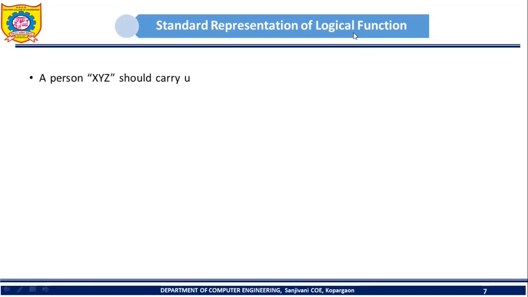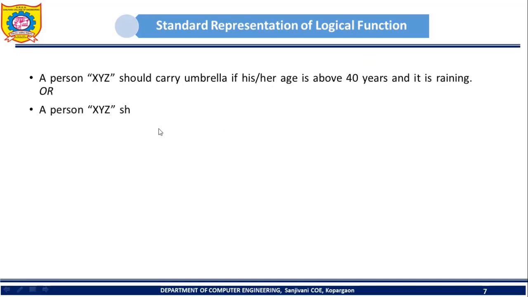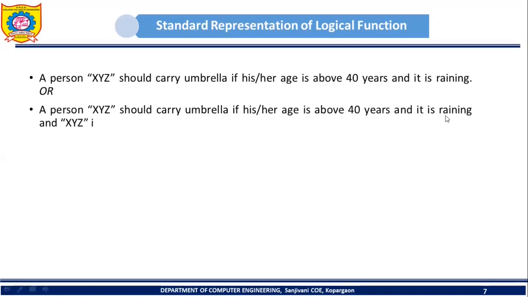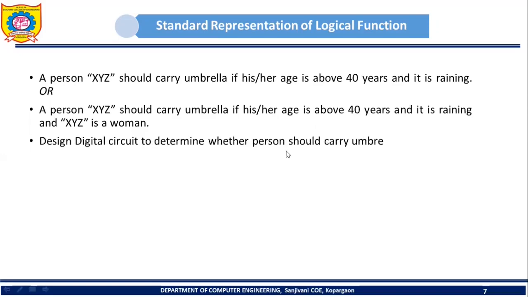The example was like this: a person XYZ should carry an umbrella if his or her age is above 40 years and it is raining, or if age is above 40 years and it is raining, and XYZ is a woman. Design a digital circuit for this problem statement, which will determine whether the person should carry an umbrella or not. If such a problem statement is given, then first of all,